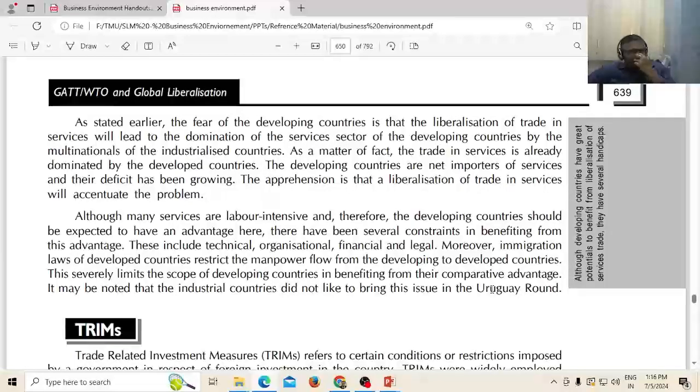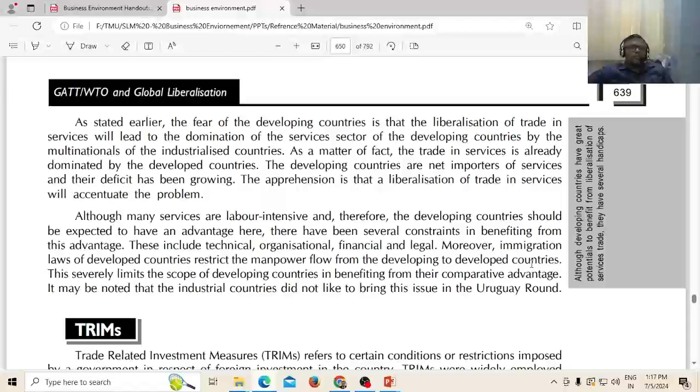As stated earlier, the fear of the developing countries is that the liberalization of trade in services will lead to domination of the service sector of the developing countries by multinationals of the industrialized countries. As a matter of fact, trade in services is already dominated by the developed countries. The developing countries are net importers of services and their deficit has also been growing. Thus, the apprehension is that the liberalization of trade in services will ensue problems. Although many services are labor intensive and therefore the developing countries should be expected to have an advantage,